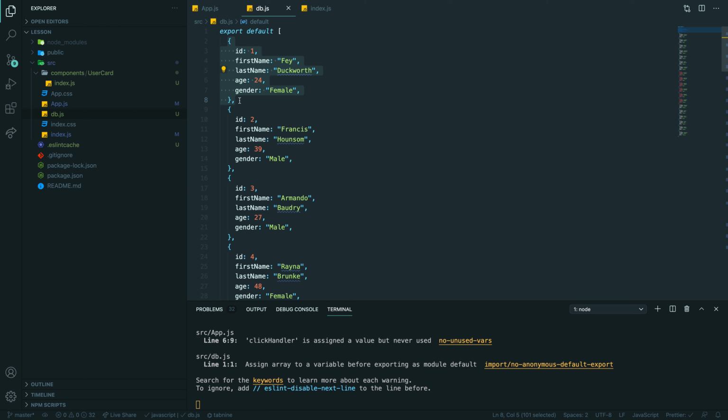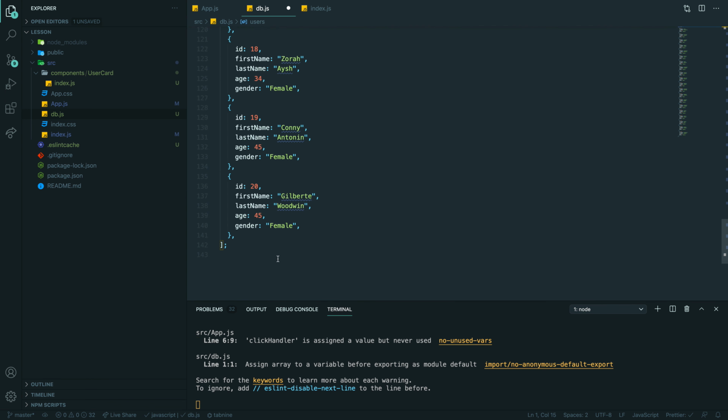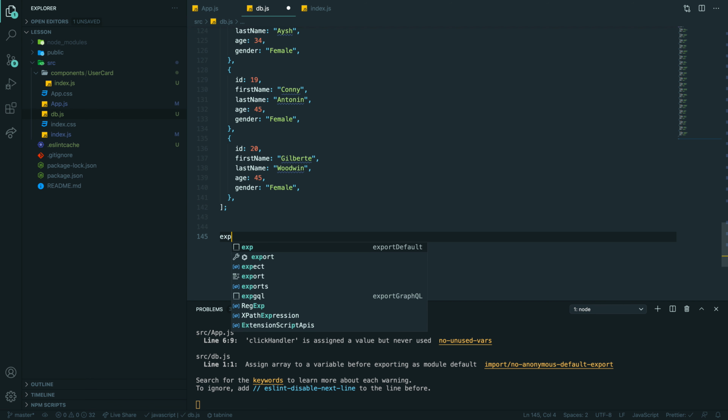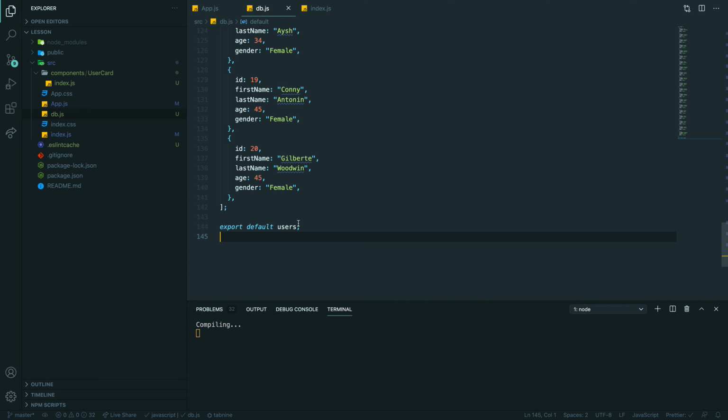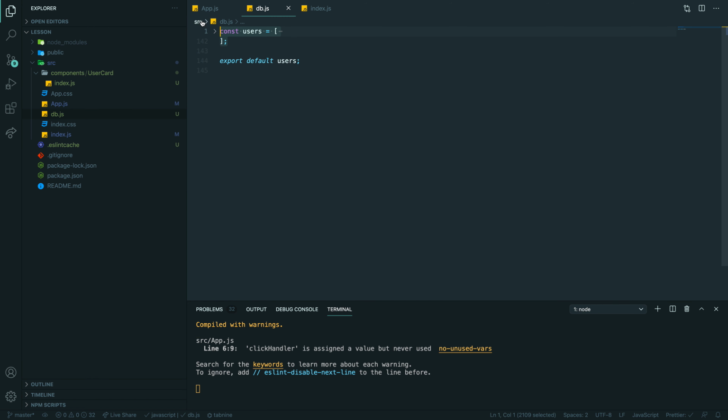It's literally like a variable, const users equals, and then after all of that, you will have something like export default your users variable. Basically, you have an array and you export it. This is it. Nothing smart.